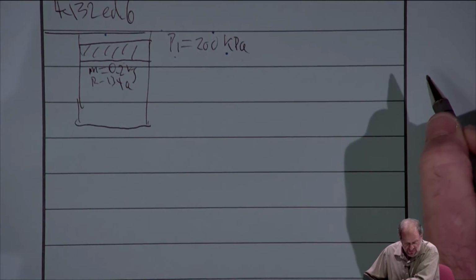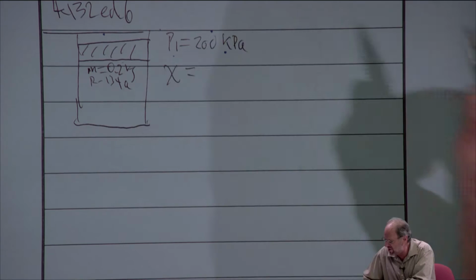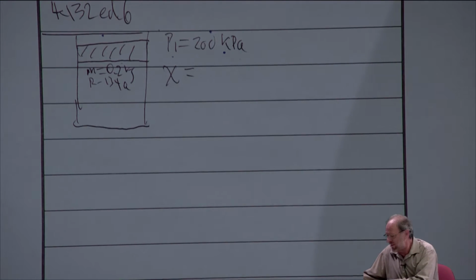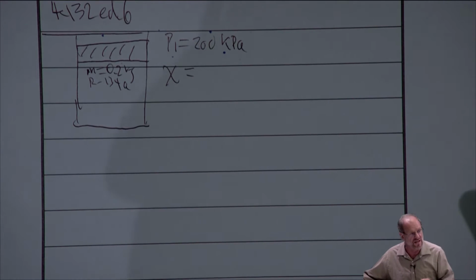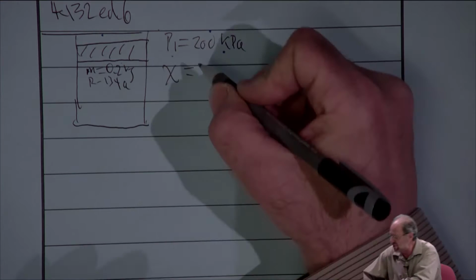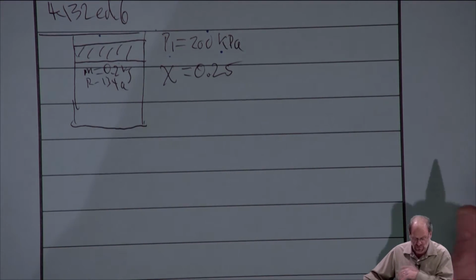All right, now it tells me that initially 75% of the mass is in the liquid phase, and we all know that the author did this to us on the last problem, right? We need the quality, which is a percentage vapor phase, not the percentage liquid phase. So 75% liquid obviously means 25% vapor. So the quality is given as 0.25.